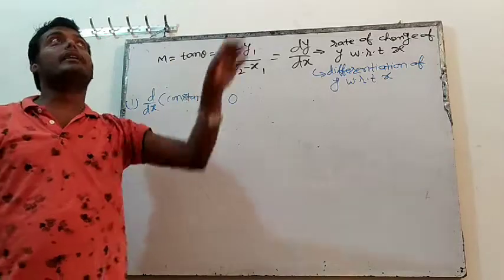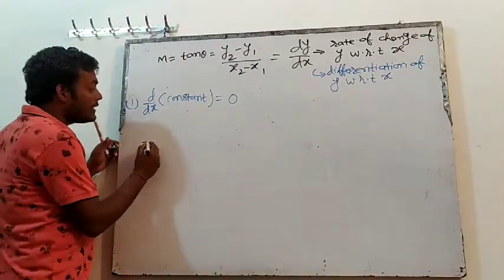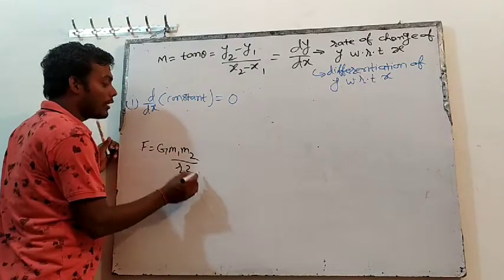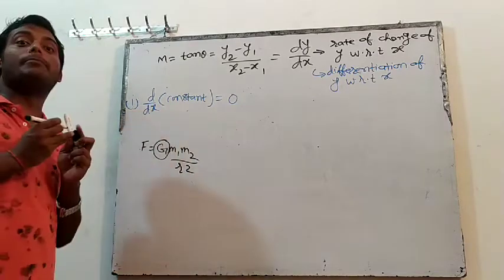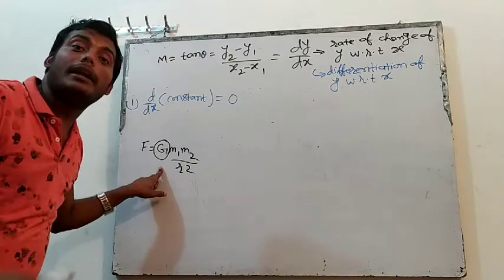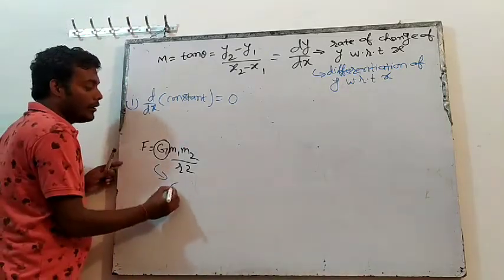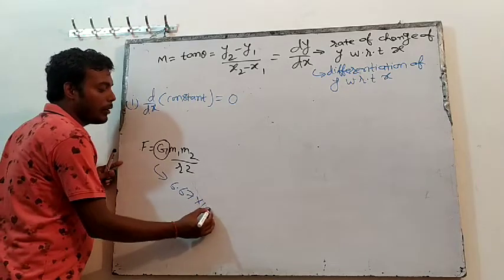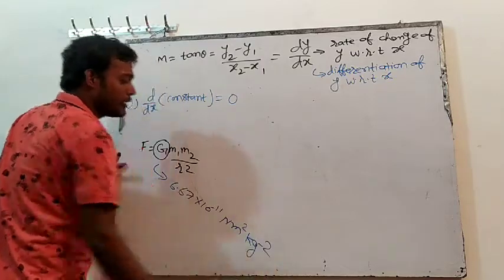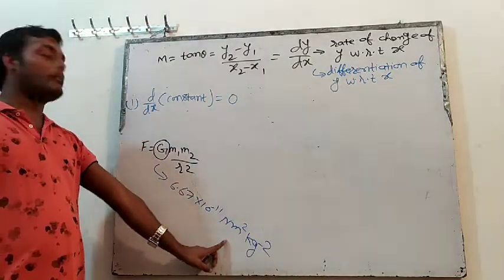For example, you have understood in the gravitation chapter that F is equal to G m1 m2 by r square. You know, no? So what is this capital G? This capital G is known as universal gravitational constant. That means this G value is also constant: 6.67 into 10 to the power minus 11 Newton meter square kg to the power minus 2. I will come to this. We will make the unit by formula.